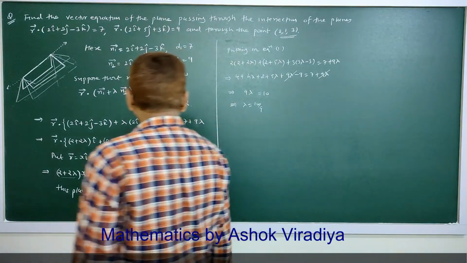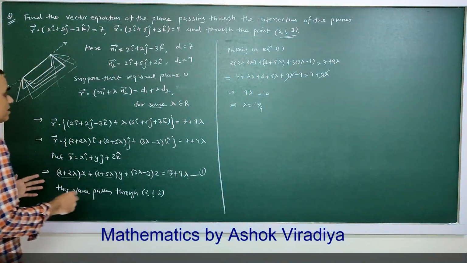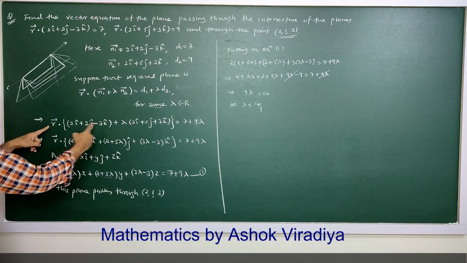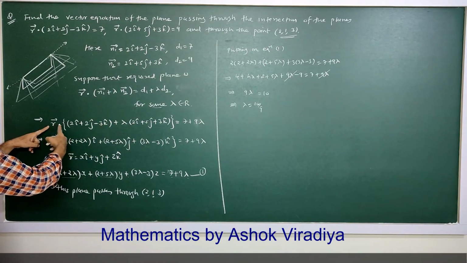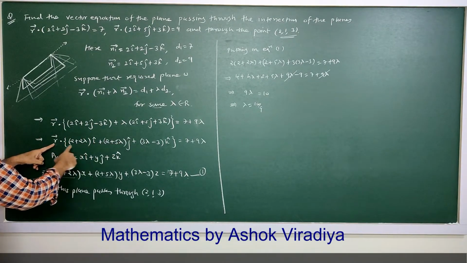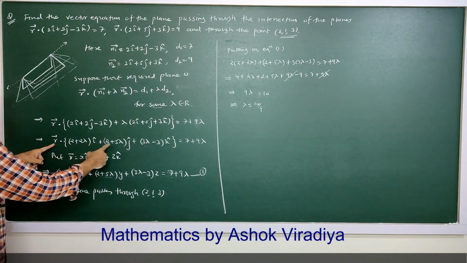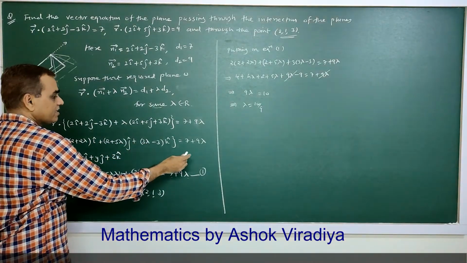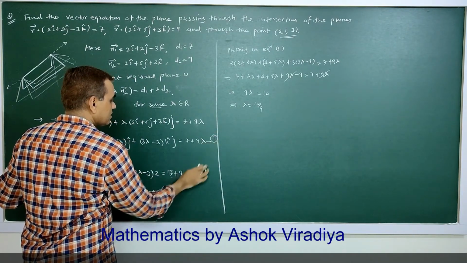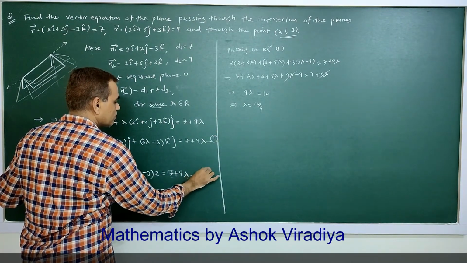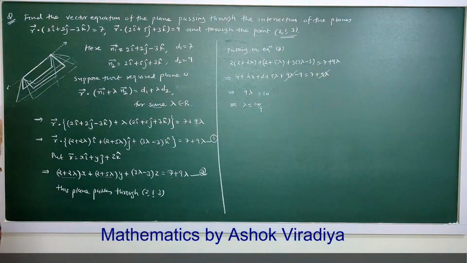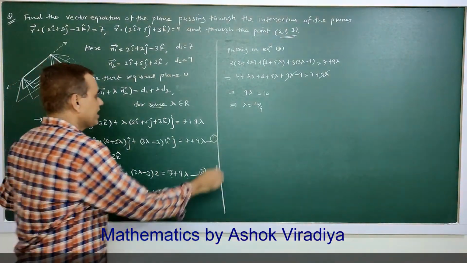Now this value of lambda, 10 by 9, we are putting in this equation. This is a vector form. This equation is in vector form, or we can put in this form. Here we can keep lambda. Let me say this equation is equation 1. This is equation 2. So putting the value of lambda in equation 1,